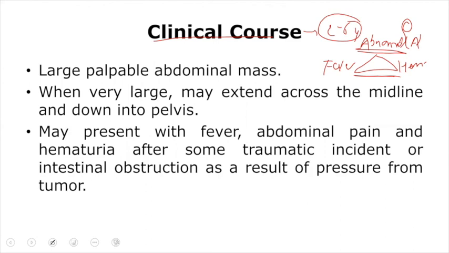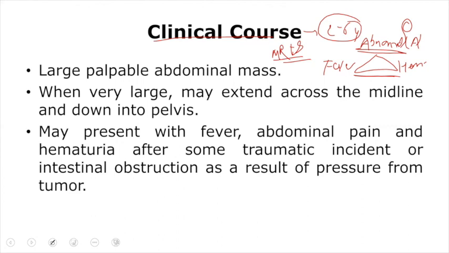And the confirmation and the investigation of choice is MRI, because you do not want to perform a biopsy in a child unless you are very sure that it is a tumor. So MRI is the investigation of choice. And if you diagnose the presence of a tumor by MRI, then you can perform a biopsy, and you can also do surgical excision of the tumor, and the prognosis is very good after that.